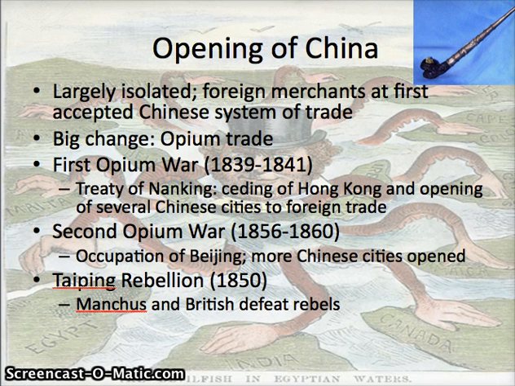And the result of that is that it gives Hong Kong to Britain. Technically, the treaty said forever. It actually holds on to Hong Kong until 1997. And it also opens up four large Chinese cities to foreign trade with really low tariffs.